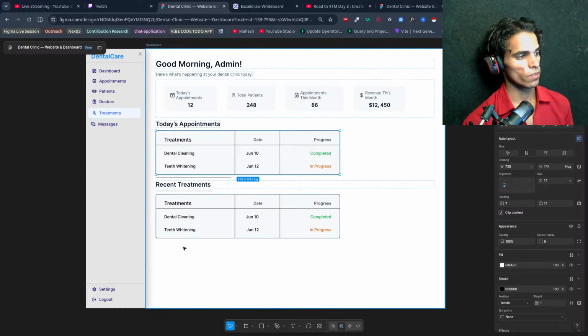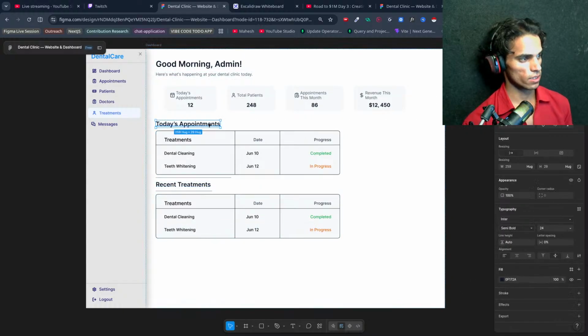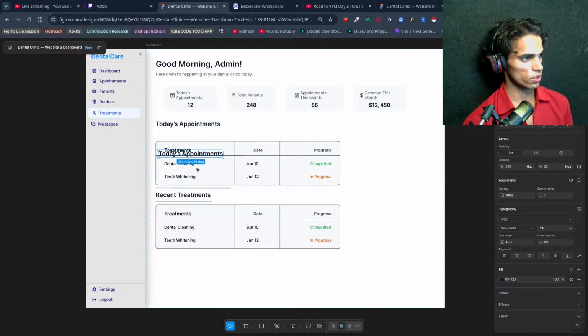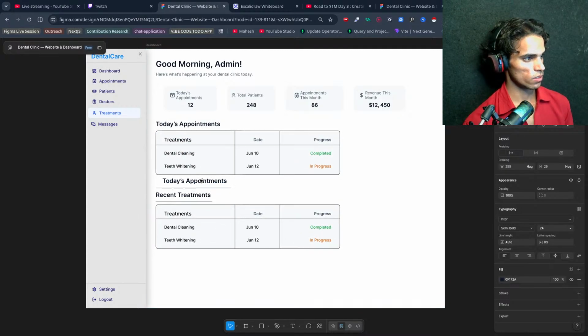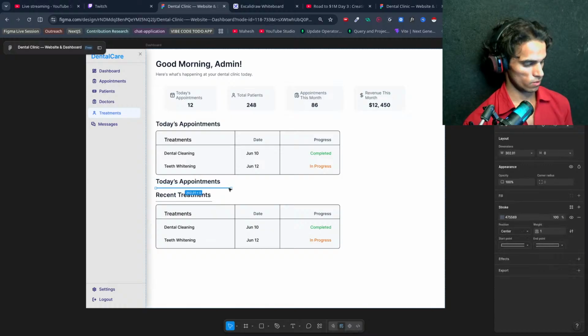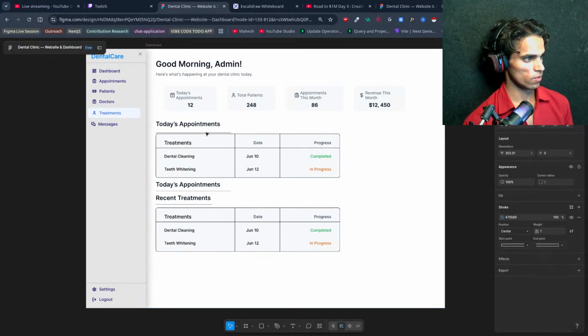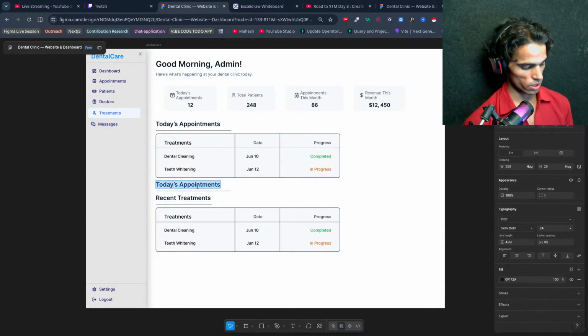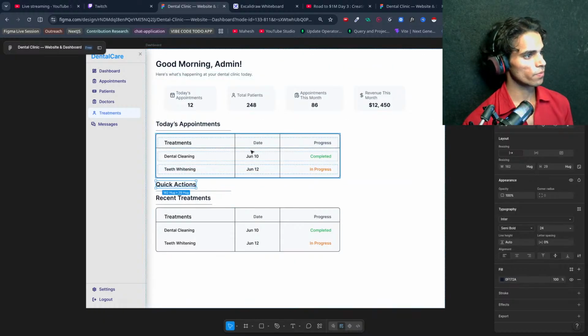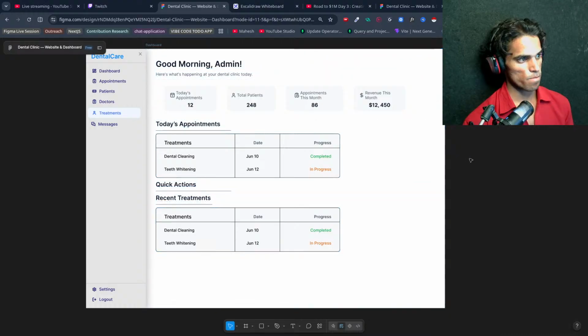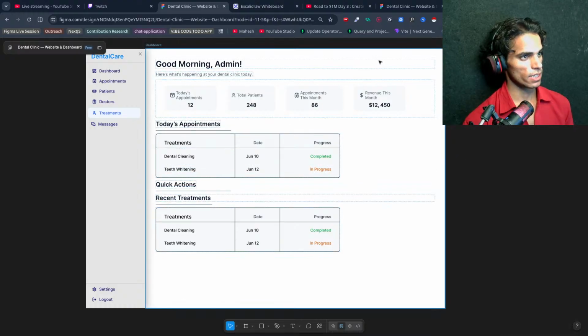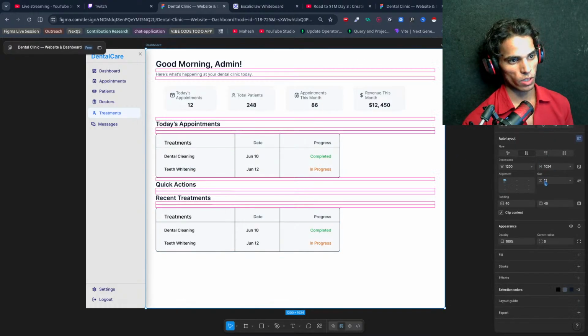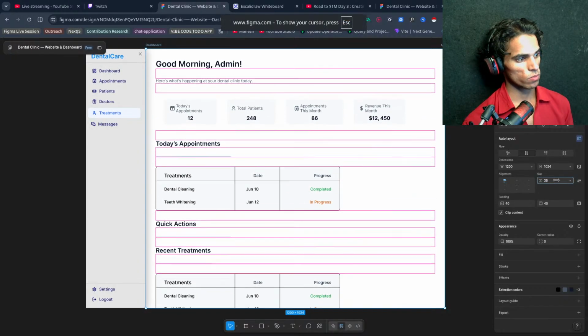After this we will have a quick actions section. So Control D, and this will come here, and this will be quick actions, and let's add a gap between this. Okay, what I want, gaps should be,